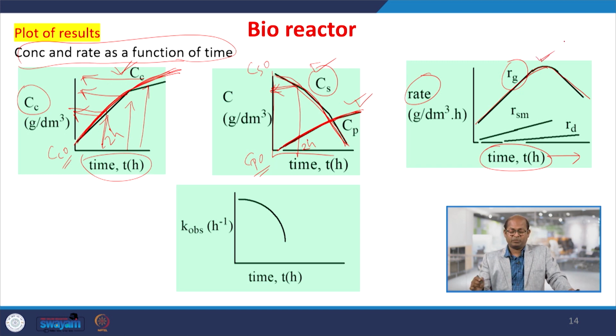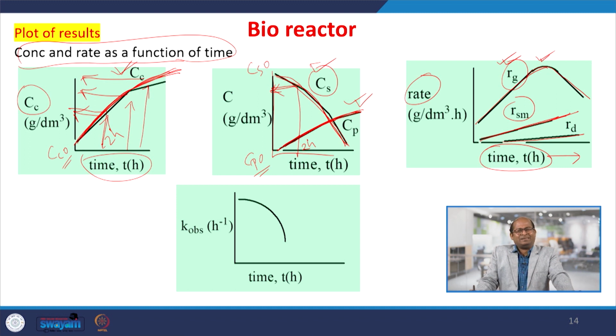This is the optimum or maximum growth or cell formation. Similarly, for the substrate consumption, with increasing progress of time the substrate that was put inside the reactor will gradually decrease. The concentration or rate of substrate consumption, in grams per dm³ per unit time, is the rate of disappearance of the substrate. Then there is the rate of formation of the cells, and Rd,